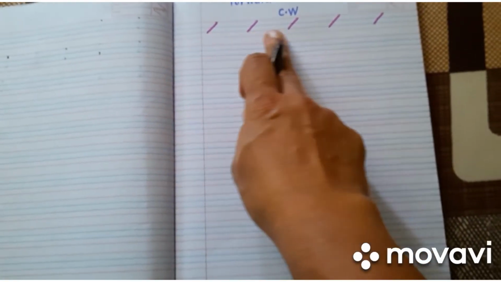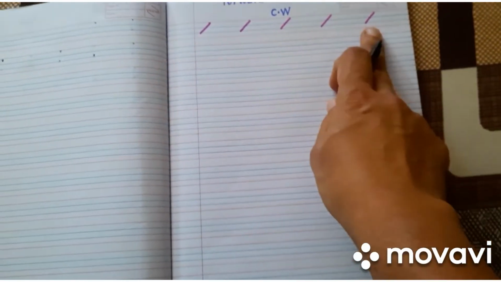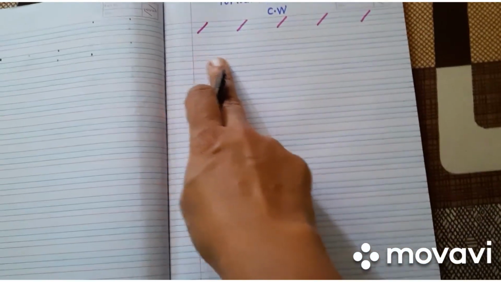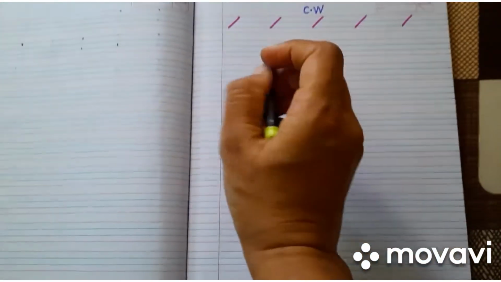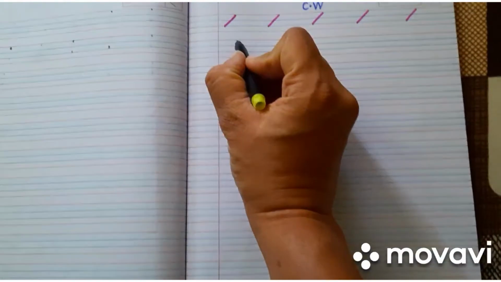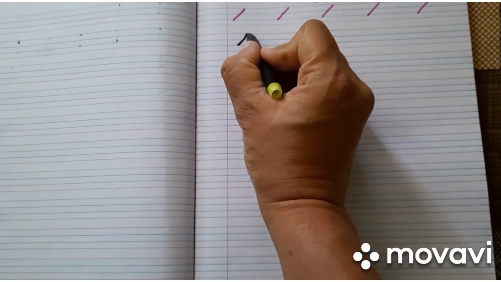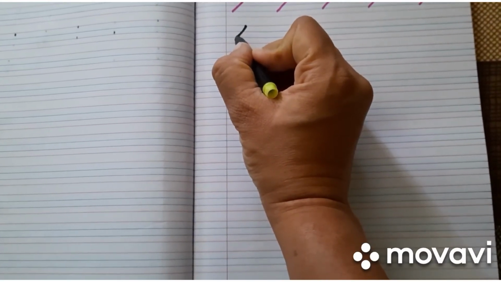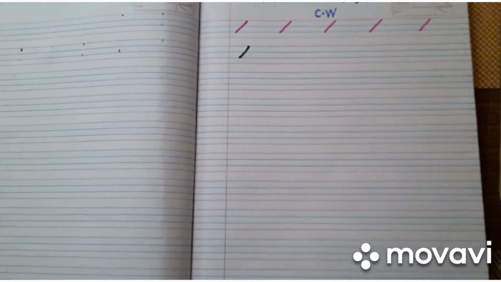And see, I have drawn such forward slanting lines as like this. You have to get it done by your parents and from the second line, you all are going to start with me, okay? Yes. So are you all ready? Okay. So observe it carefully. You have to start from red line and you have to come down to the left side and touch to the second blue line. Okay?